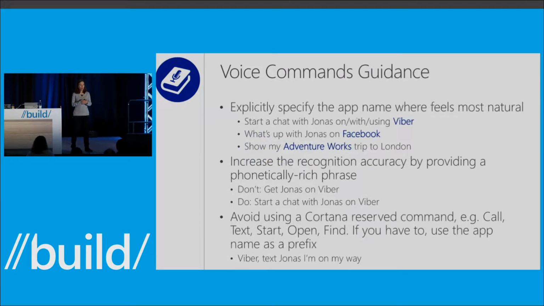Additional guidance for voice commands. First, keep in mind that you have the ability to make the voice command sound natural. I mentioned before that the application name by default is specified in the beginning of the voice command. So something like "Viber, start a chat with Jonas" sounds pretty good, but keep in mind that Cortana can be launched with "Hey Cortana." So in that case, the voice command could sound like, "Hey Cortana, Viber, start a chat with